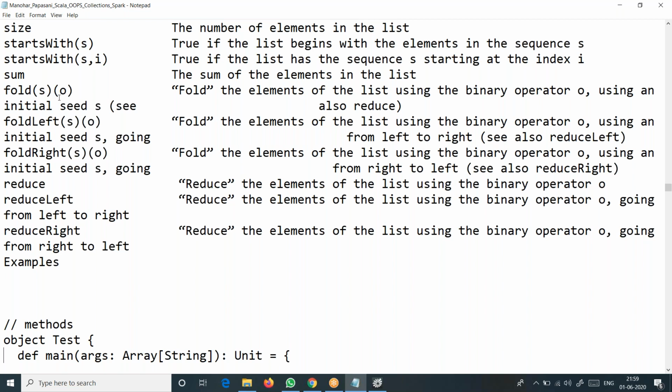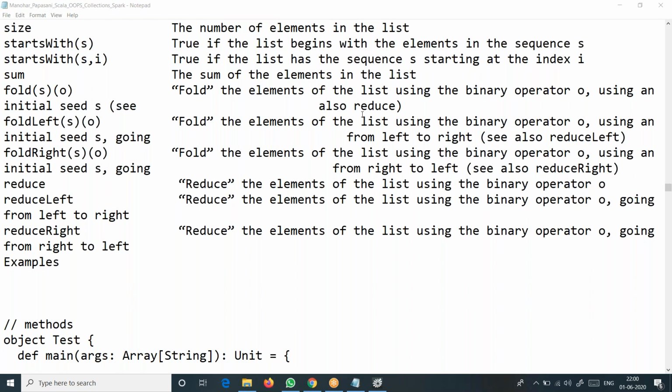Fold means it performs folding, a kind of cumulative operation. Some kind of binary operation is performed, and it also applies a reduce operation on that. Reduce means a group of values is converted into a single value. That's what fold is doing.